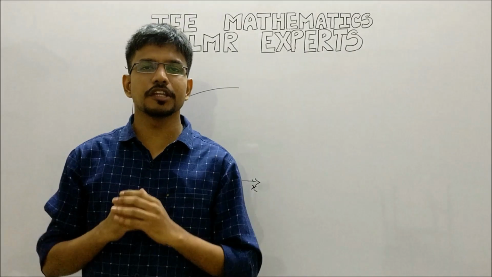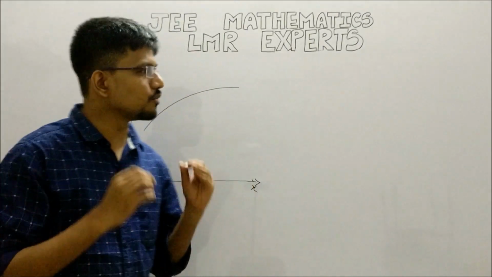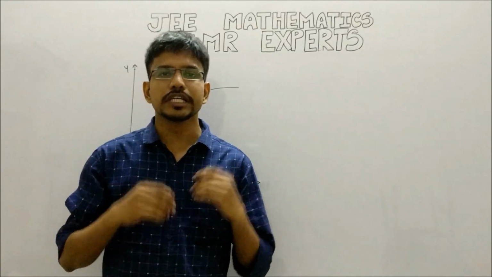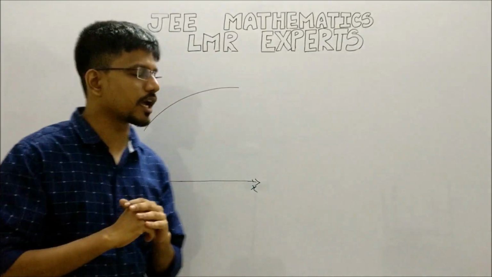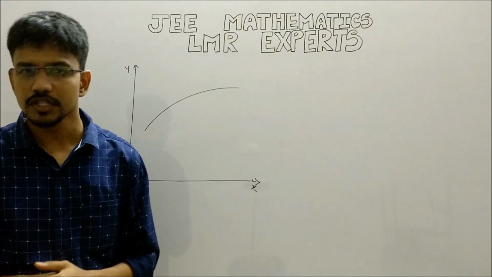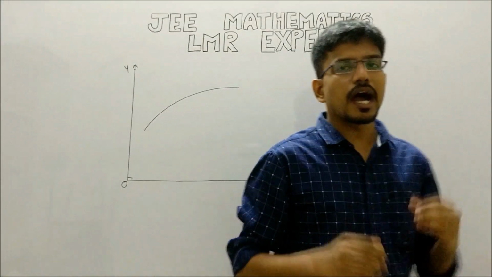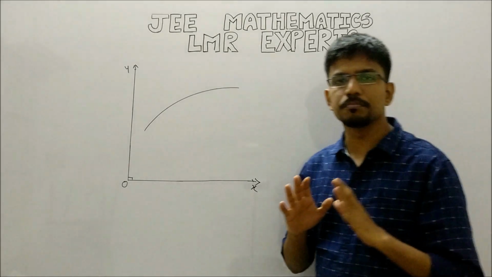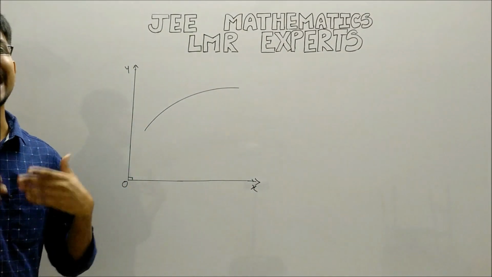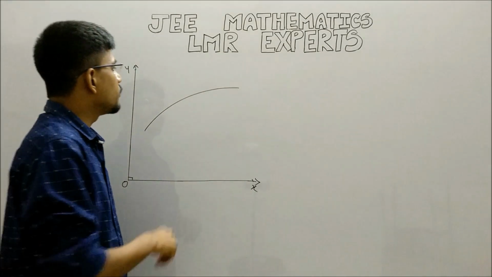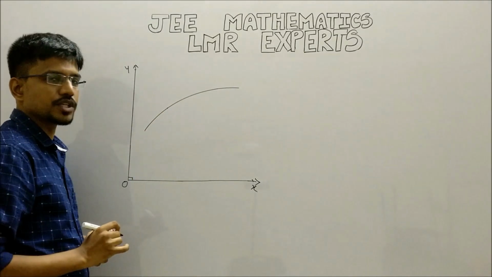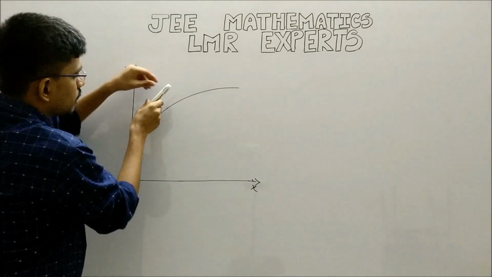Hi guys, in the previous video we have seen how to calculate the slope of a straight line, but as I have already told you, the same concept can be applied to calculate the slope of any simple curve. Now the point is, I have already told you slope means tan theta, which is tangent. Now, if I take a simple point over here, the tangent which can be drawn to this curve would be